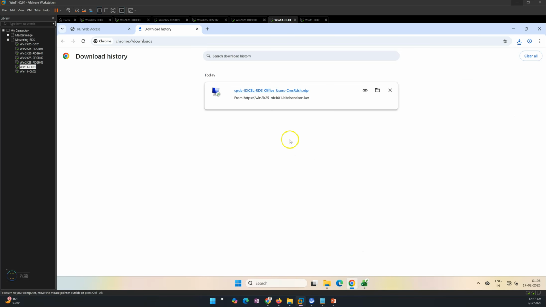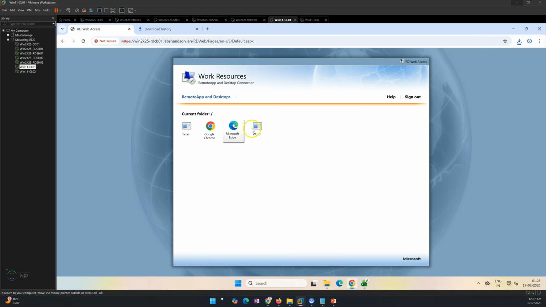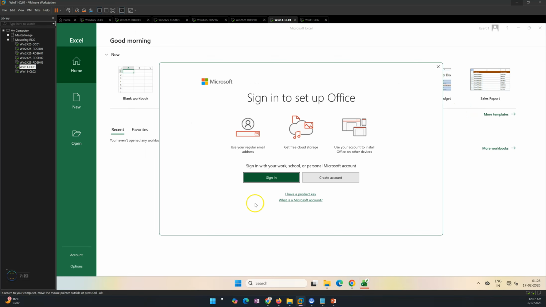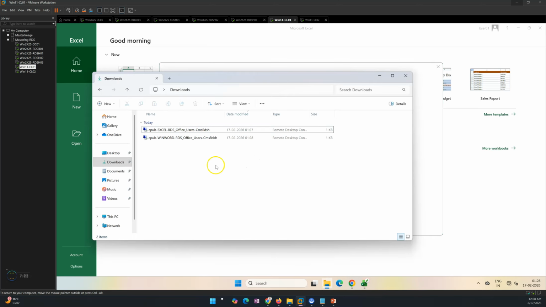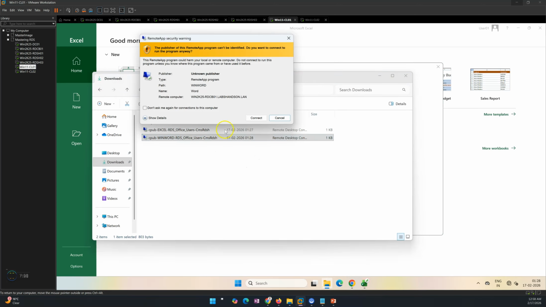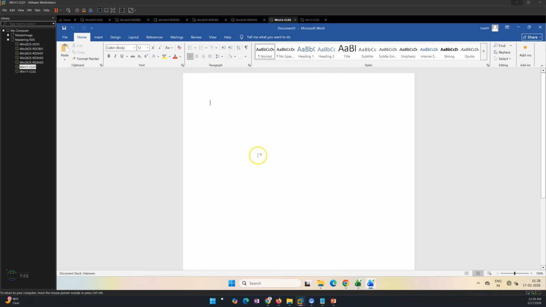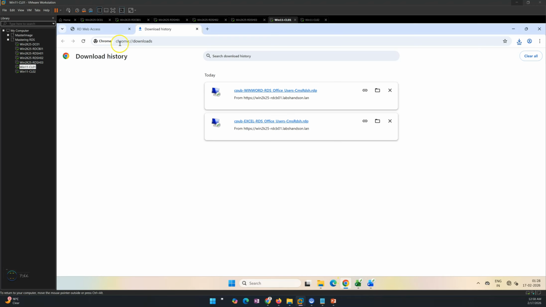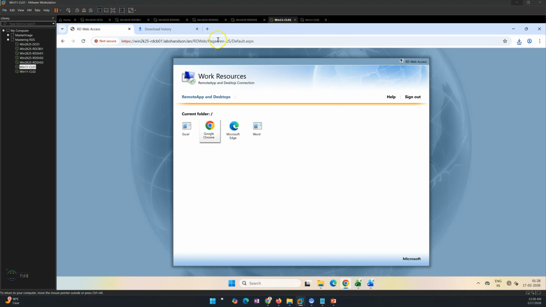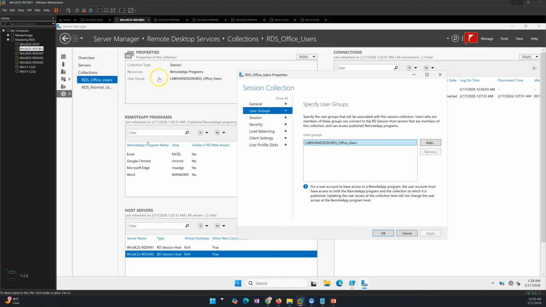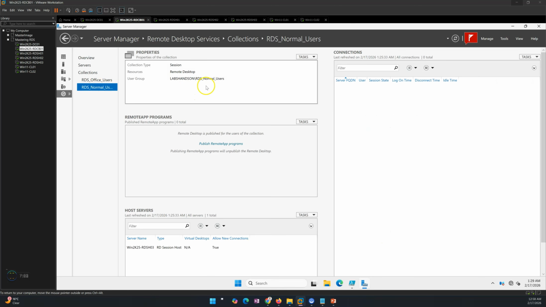And now let's launch the Word also. This is WinWord, so I'll launch this now. Now you can see we got access to both of these applications, which are published for the Office users. So now I'll go ahead and close this,